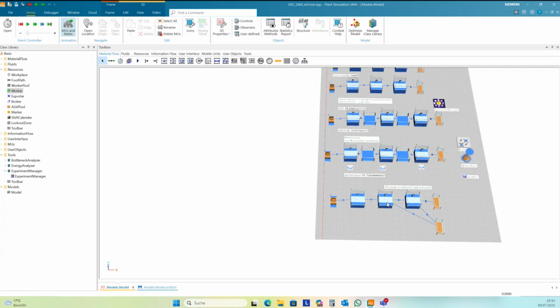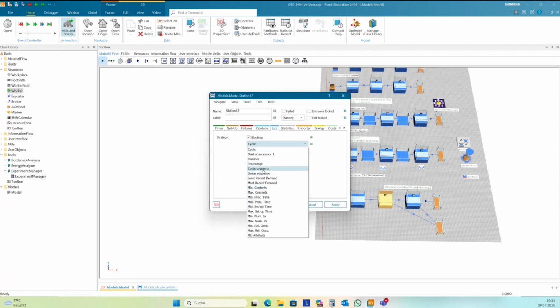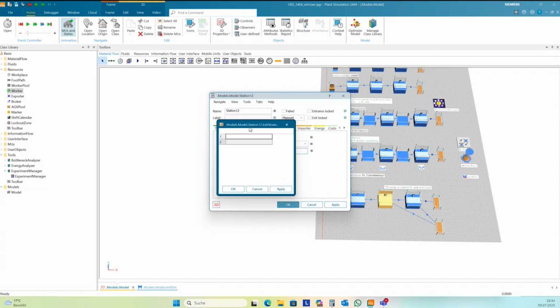And the easiest way to model scrap and not OK parts is the exit behavior of the stations. You can here select the station behavior random, click OK, and then you get a list. And then you can define a probability for selecting successor 1 and successor 2, and this is 95% and 5%.